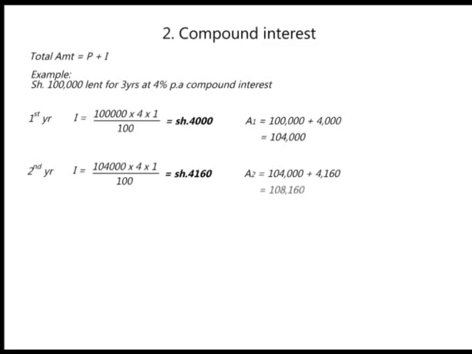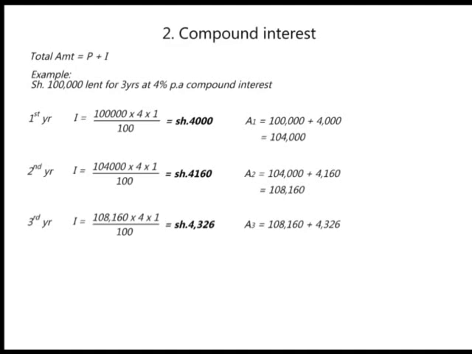It gives us 108,160. This will now be the principal for the third year, and so interest will be 108,160 times 4 times 1 over 100, giving us 4,326 and 40 cents. And therefore, the total amount at the end of the third year will be principal plus